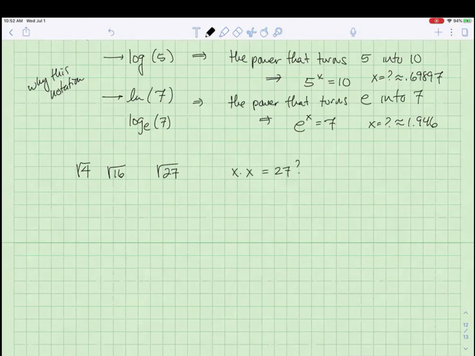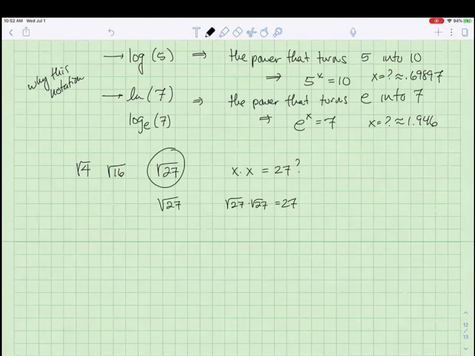And that's what this notation is. It's notation for, hey, there's a number out there that does this, but I don't know what it is, so let's give it a symbol. The square root of 27 is the number that when I multiply it by itself, I get 27, right? Now, you can use your calculator to find that, but the question is,